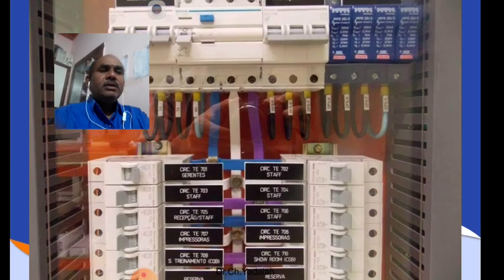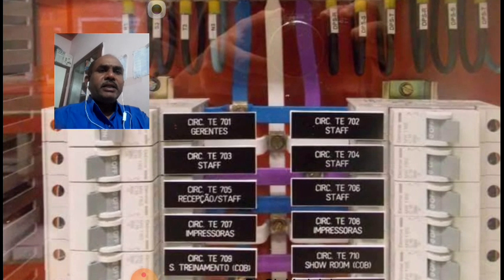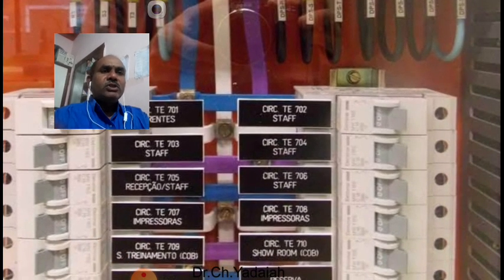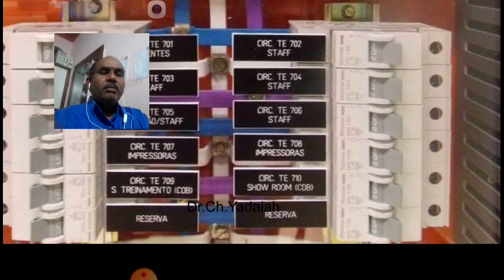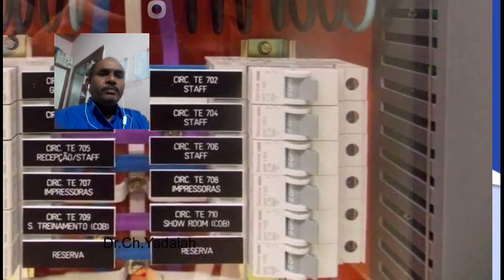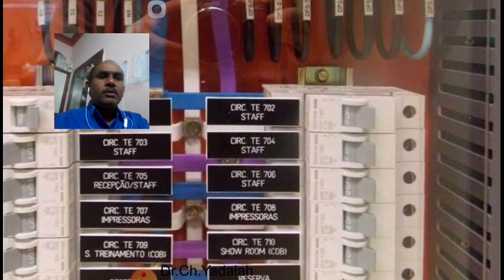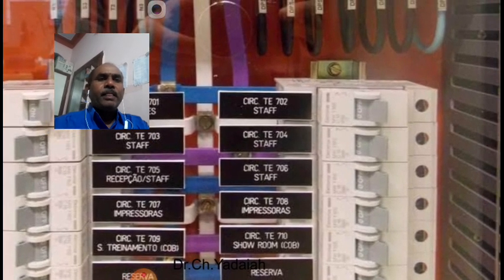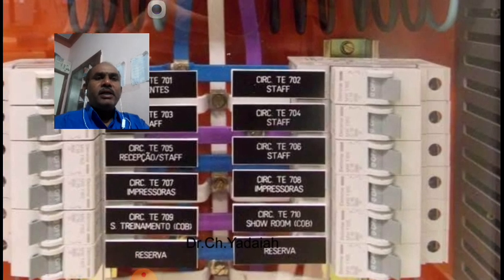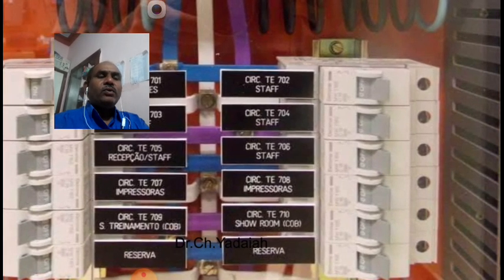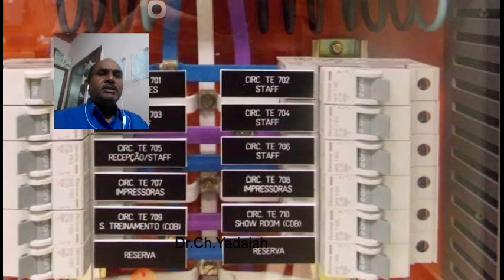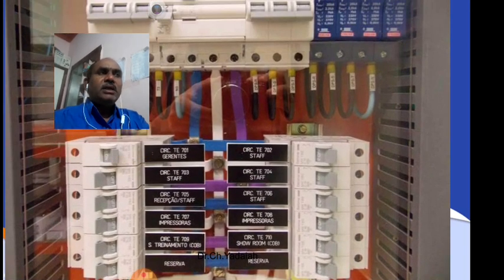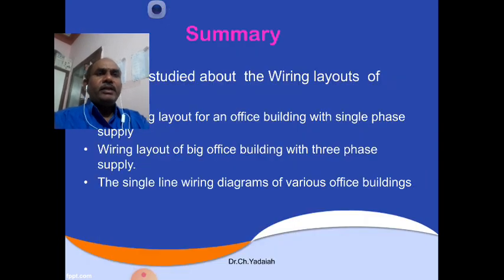You can see here, as far as a college, here is a shop MCB. This is shop 1, shop 2, and another is the showroom. Next is the professor's room, and these are the different ones. By sticking these labels, we can easily identify which MCB is controlling which room, which light. So that is easy identification. This is another trick for knowing this one.